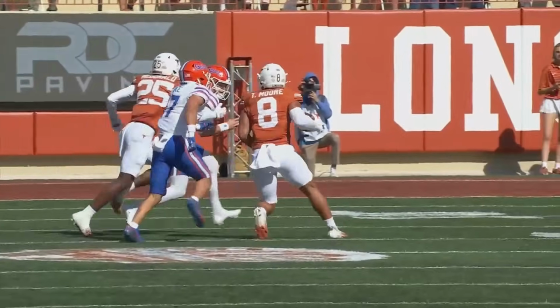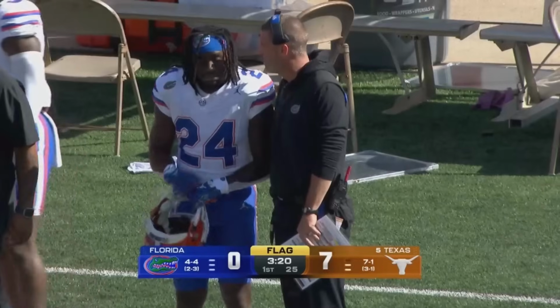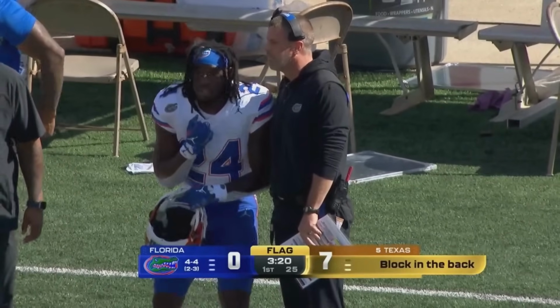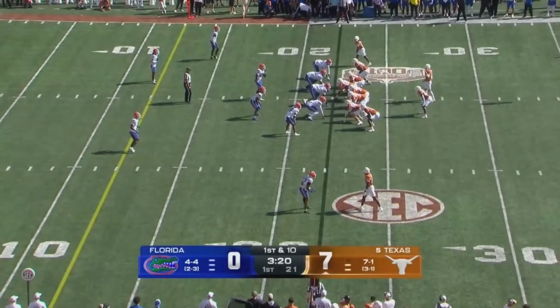During the return, illegal block in the back on the intercepting team. That 10-yard penalty will be enforced from the spot of the foul. Texas will maintain possession of the ball. It will be first down. And Joe, that turnover is just...